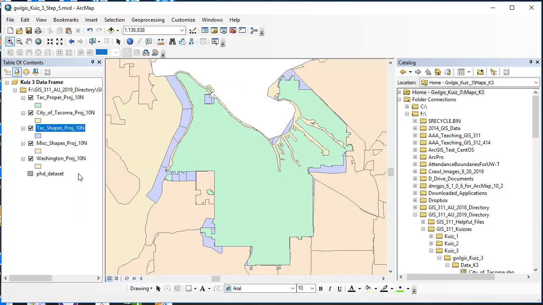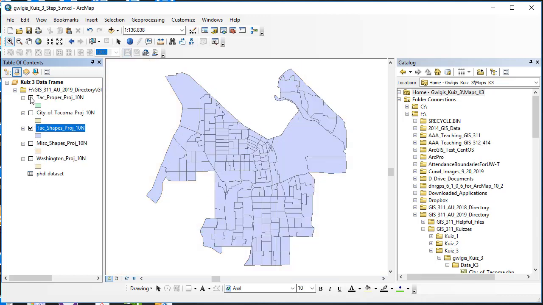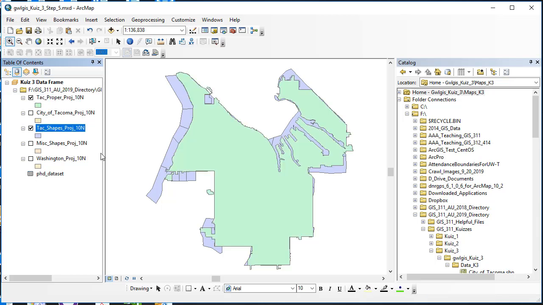First let's zoom to the layer Tacoma Shapes and I'm going to turn everything else off. Notice Tacoma Shapes has this area that extends out into the narrows. If I turn on Tacoma proper, we can see that the area in blue extends beyond the area in aqua. So I'm going to use the aqua as a cookie cutter to clip out Tacoma Shapes and create a new